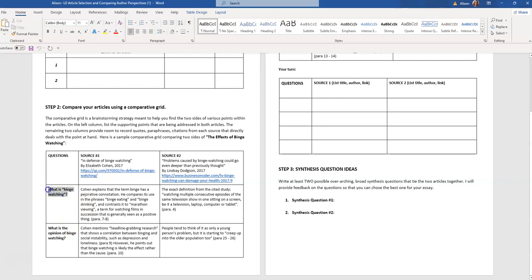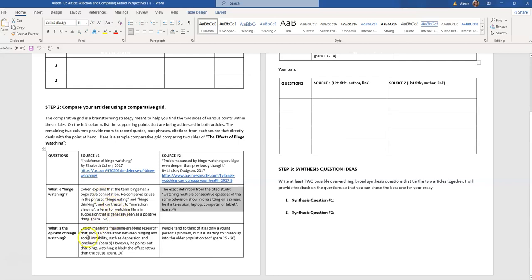So for example, the first question that both articles answer is, what is binge watching? And we get the explanation from the Cohen article, and then we get the explanation from the Dodson article. Now you'll notice that there are not full-blown APA citations here. We have the author's name, but there's no year. This one doesn't even give us the author or the year. It just talks about a study that's cited. But you will notice that the person did include the paragraph numbers. And that way, this person can go back and quickly find that information. For the purposes of this assignment, if everything is quoted, that is okay. But if you want to get a jump start on your next assignment, go ahead and do some paraphrasing here